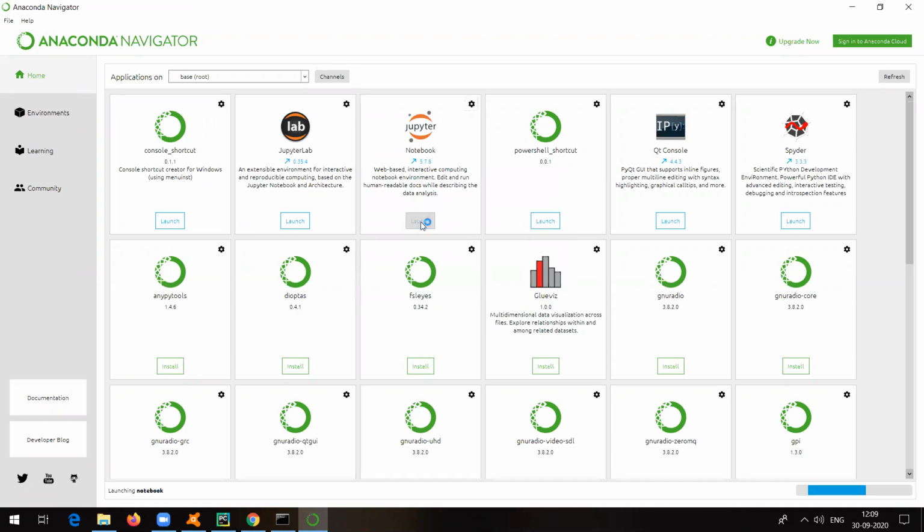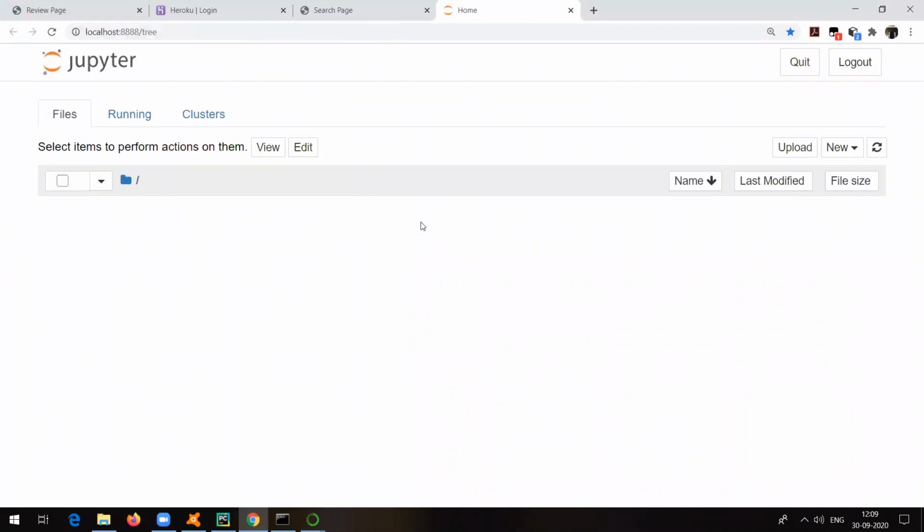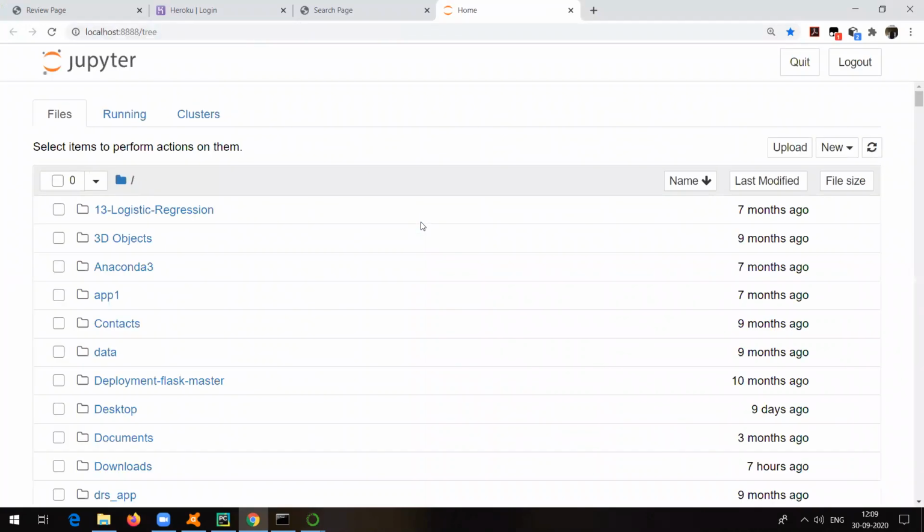It's not that we use only one algorithm and give it to the client. No, we first play with the data, try to understand it carefully, then apply 6 to 7 algorithms on that data, get the solution according to the problem statement, and whichever model gives us the best accuracy is going to be our final model, right?